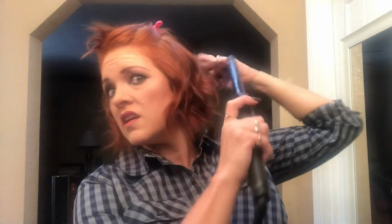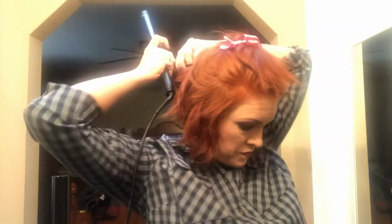Again, I just grab pieces until I look back there and see that the majority of it has been curled. This one's kind of crazy. I'm going to do it again. I left a lot out in the end. That's better. Yeah, and the fact that this one spins, I don't know, I love it. It's a time saver for me, and I'm all about saving time because I am a busy